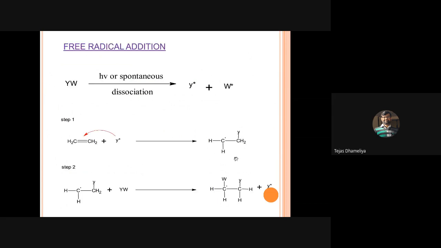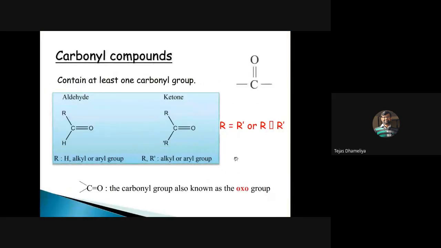Addition of, let us say, a carbon-carbon triple bond with cyanide to form acrylonitrile. Carbon-carbon triple bond with alcohol to form vinyl methyl ether. Okay? Another kind of reaction which is also possible is with carbonyl compounds. I am talking about nucleophilic addition, which I have not covered in my last class. I am going to touch upon it in this class.